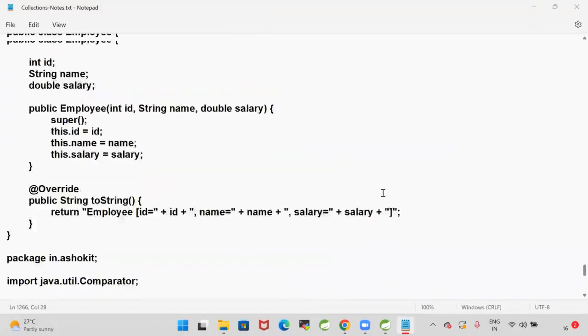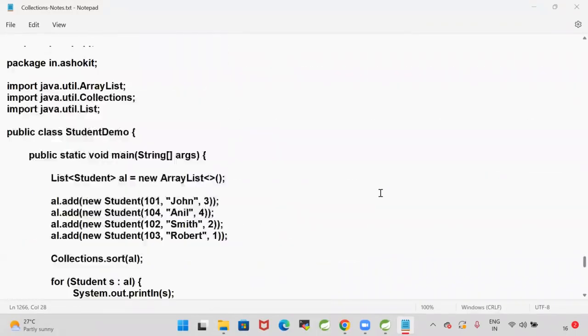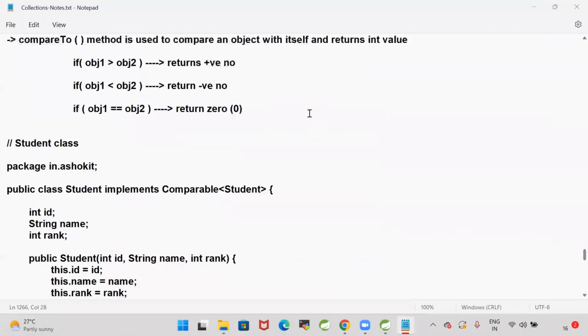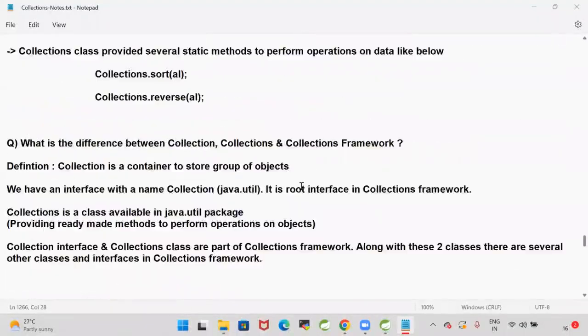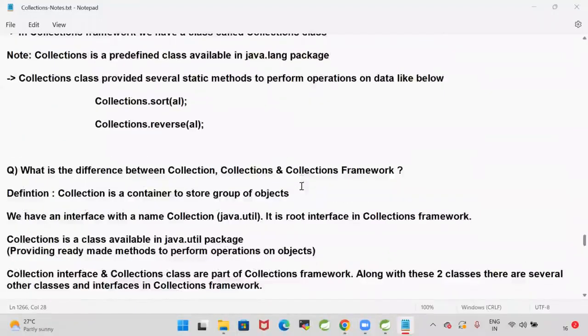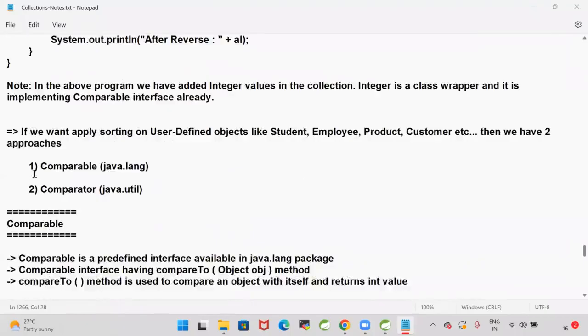Good evening, guys. In the last class, we have seen how to sort the collections. To sort the collections, we have two options. One is the Comparable interface. Another one is the Comparator interface. If you want to sort with only one sorting value or one parameter, then you can go for a concept called